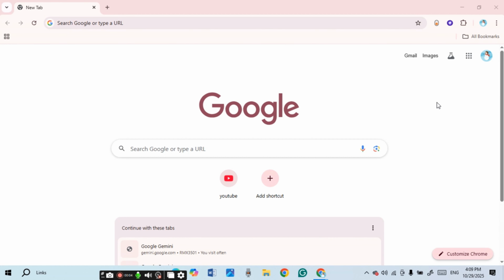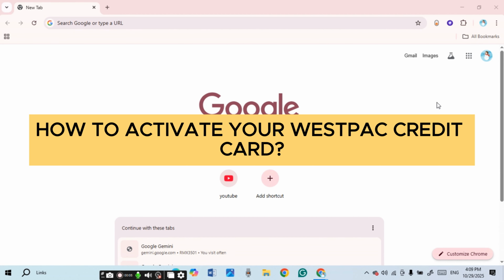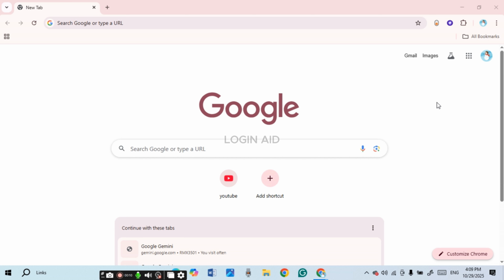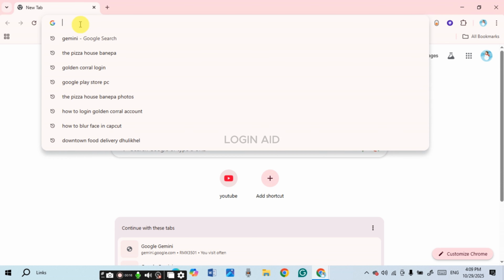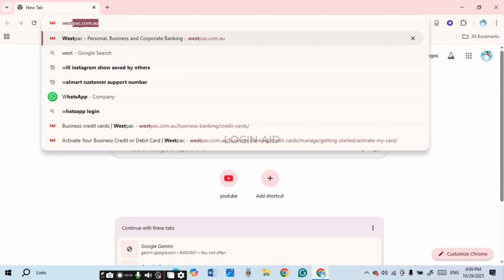In today's video, I'll teach you how to activate your Westpac credit card. First of all, launch any browser of your choice. You can see over here I've opened Google Chrome. Now after you do that, what you have to do is click on the search bar. Now type in